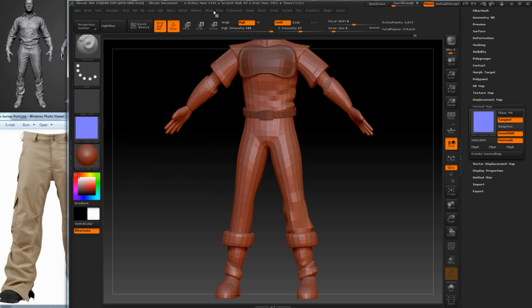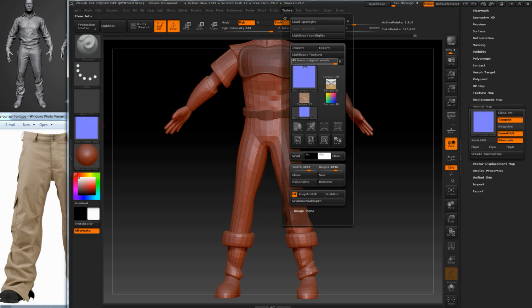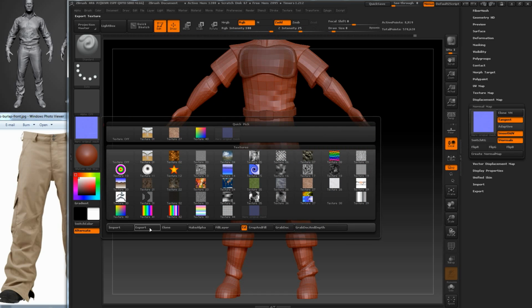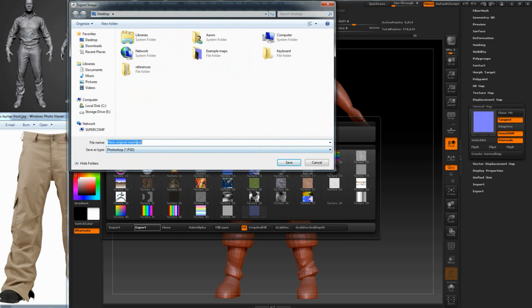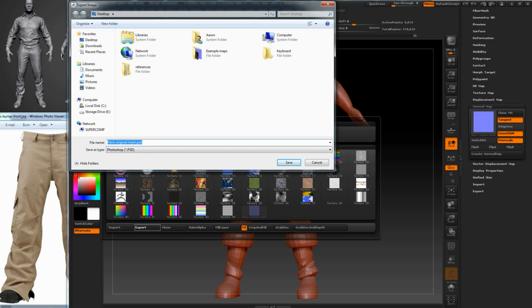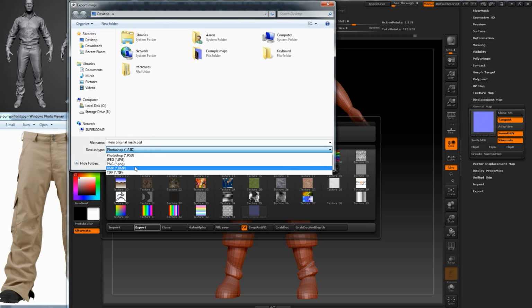So to flip that, you would go over to Texture, Flip Vertical. You could also do this in Photoshop, but you might also do it here while you can. Flip vertical, and it flips it. And so now we can go to Export, and you can do PSD, JPEG, PNG, bitmap, TIFF, whatever you want. I'll leave it as, well, I could always do bitmap, this way I don't have to